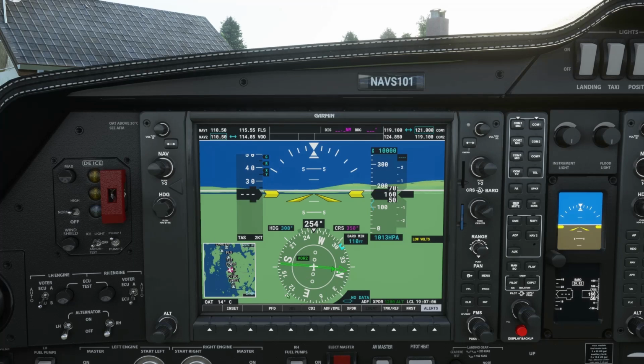So what I want to show you is this. If we click on the PFD soft key, you can see another menu has popped up. Having a look at bearing 1 and bearing 2. If we click on bearing 1, you can see it's popped up a little window here, and you can see FLS, which is in nav1. So this now is actually just showing us the direction of the VOR. Very different from the CDI.